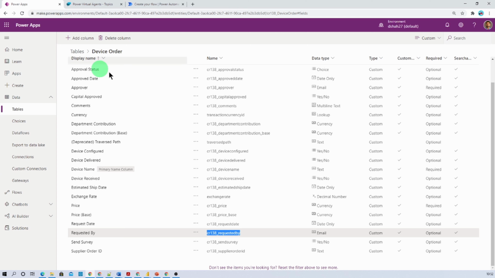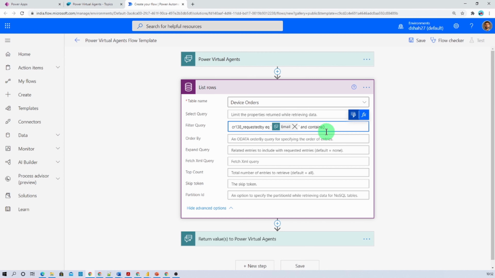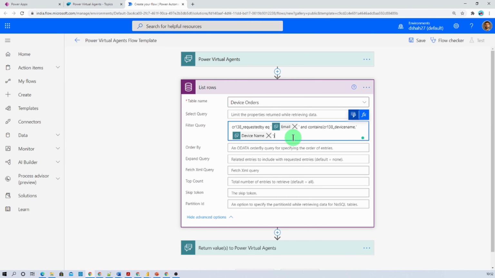So just go here and copy the internal name of the device name. So this is my device name, so let's copy that and provide it over here, device name, and then single quote, and inside that we need to provide device name, right? So we prepared our filter query, right?